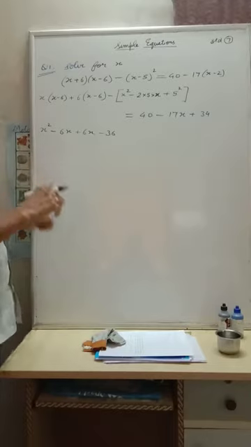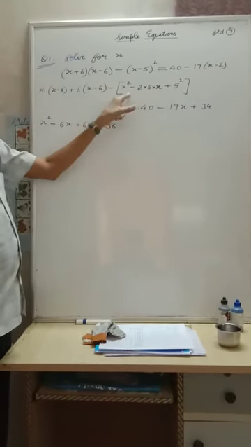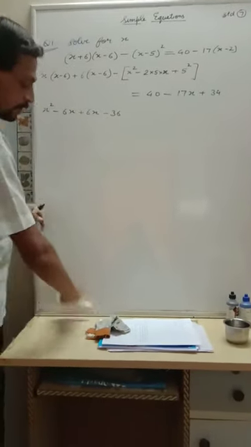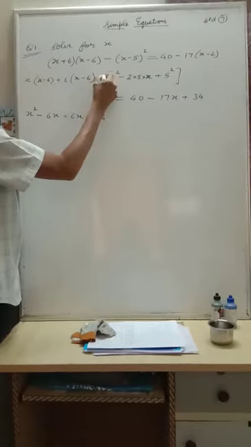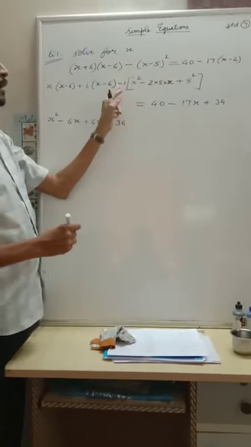Then friends, now be again very much careful over here. I am opening this bracket and this is a minus sign over here, and just remember, whenever there is nothing written over here, assume it to be 1. So what you have to do is multiply each term by minus 1.